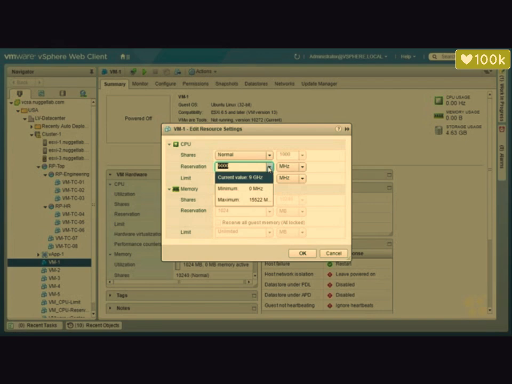So we could reduce this number. Let's go ahead and guarantee it 1, and from the drop down over here, select gigahertz. It didn't take my 1, so we'll put a 1 there, and then with gigahertz selected,